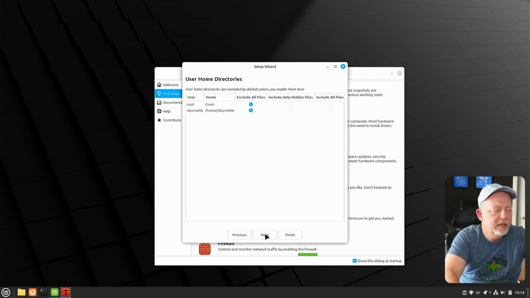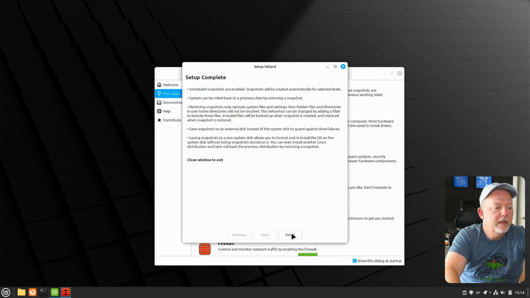Hitting next. It's going to exclude all my personal files because those are backed up to either the cloud or a NAS or whatever. But the system files are what I'm most interested in, so I'm going to tell it to exclude all files. Now I can tell it to back up everything, but that's not a really good way to do it. And then I'm going to hit finish,